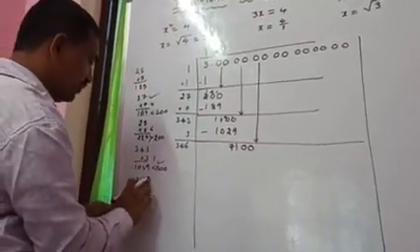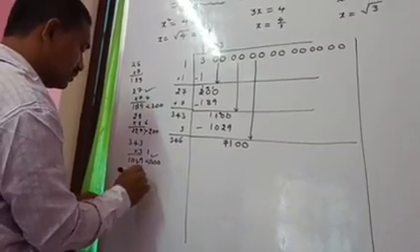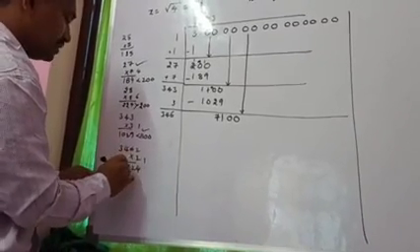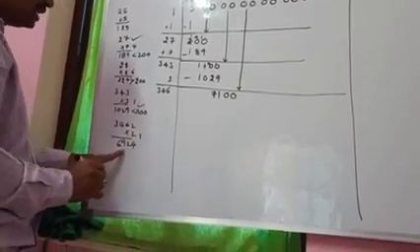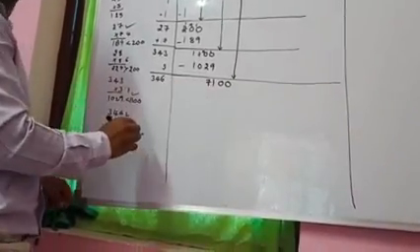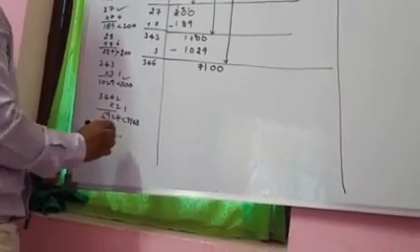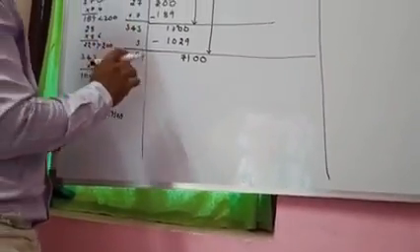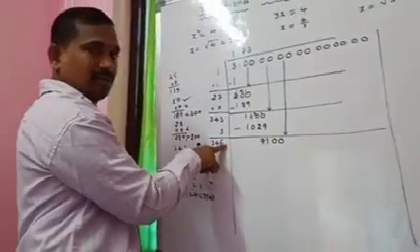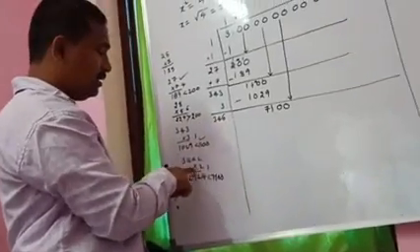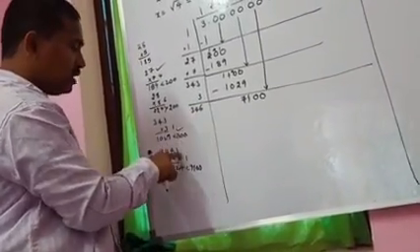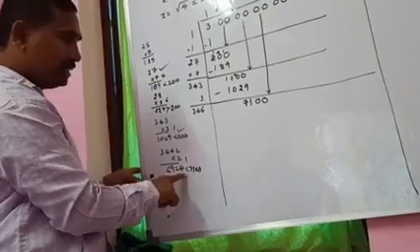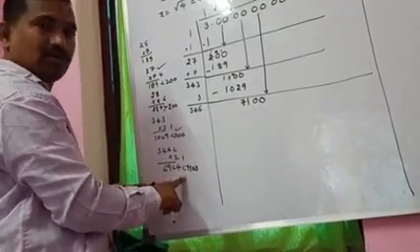Let us take 346. 2 2s are 4, 2 6s are 12, 2 4s are 8, 8 plus 1 is 9, 2 3s are 6, so 6924. It is near to 7100 and less than 7100. That should be less than, and very near to 7100. Whatever number you take beside 6, multiply the total number with that number. I am taking 2 beside 6, and multiplying this total number with 2. I got 6924, which is less than 7100 and very near to 7100.